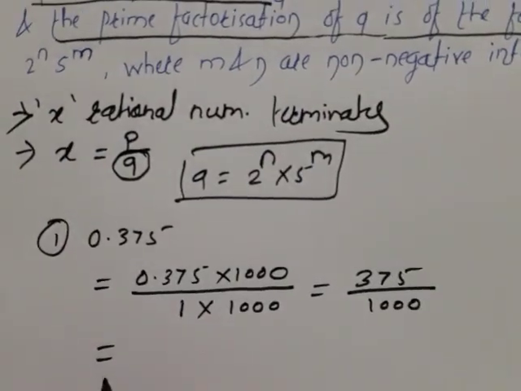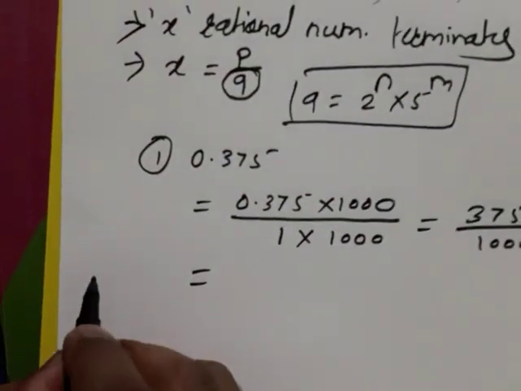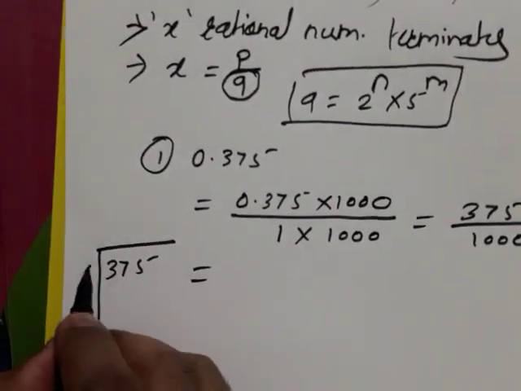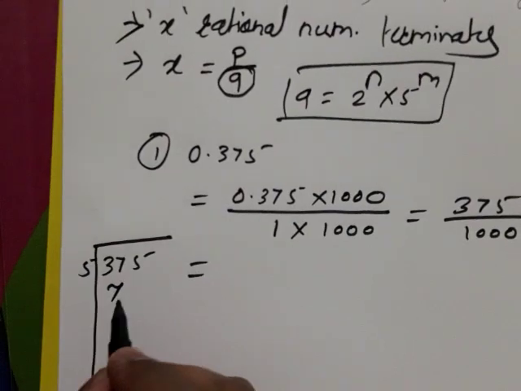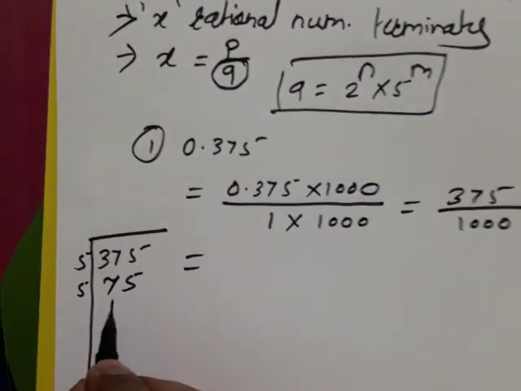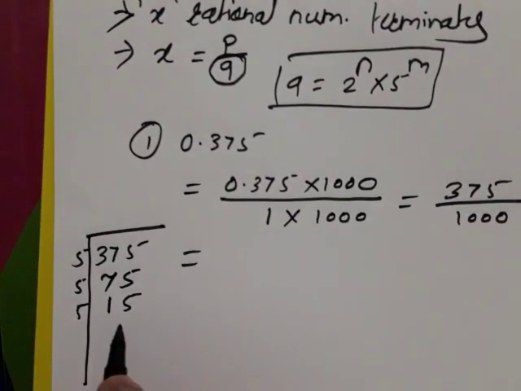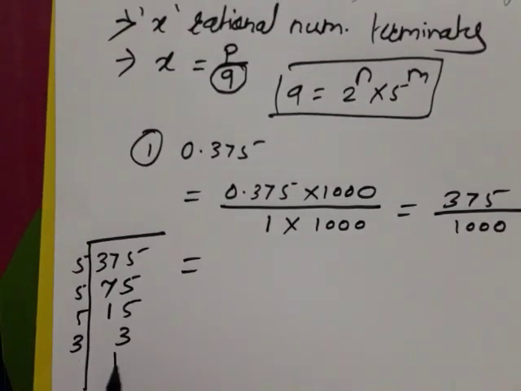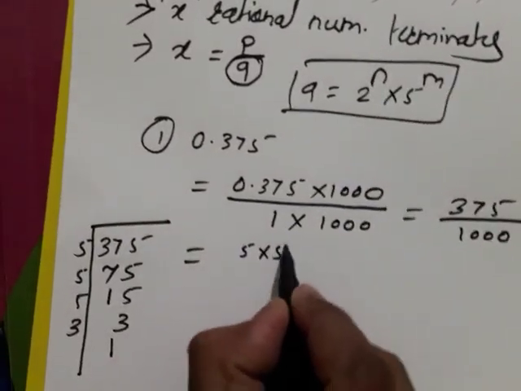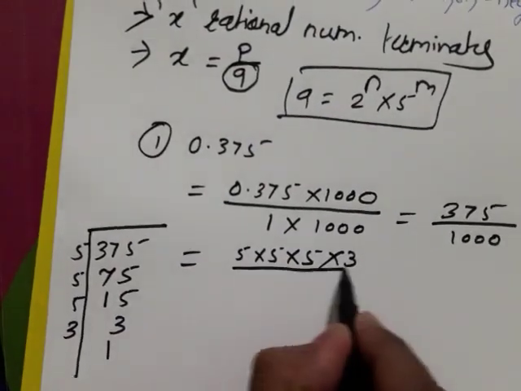Okay, then what you will get, you know that very well, prime factorization method. What is the prime factorization method? 375, we are going to divide it. 5 7s are remain 2, 5 5s are, 5 1s are remain 2, 5 5s are, 5 3s are, 3 1s are. Which are the prime factors? 5 into 5 into 5 into 3 divided by